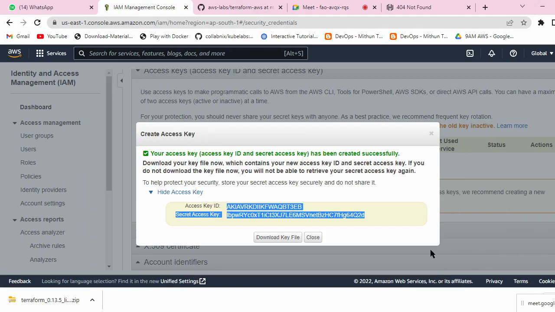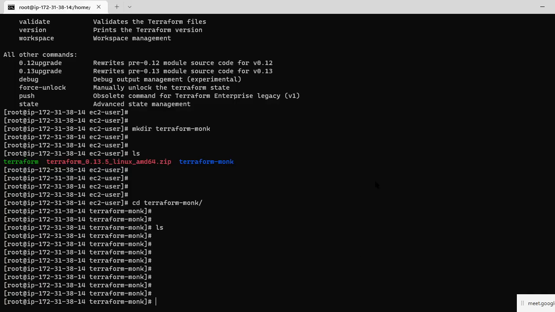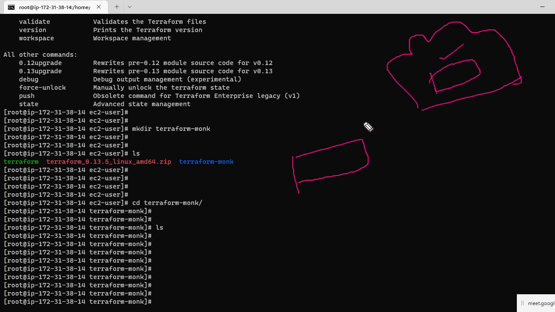Let's say this is an on premises server and this is a cloud server. From the data center to the cloud, to connect this kind of script, we have to install AWS CLI in this server.